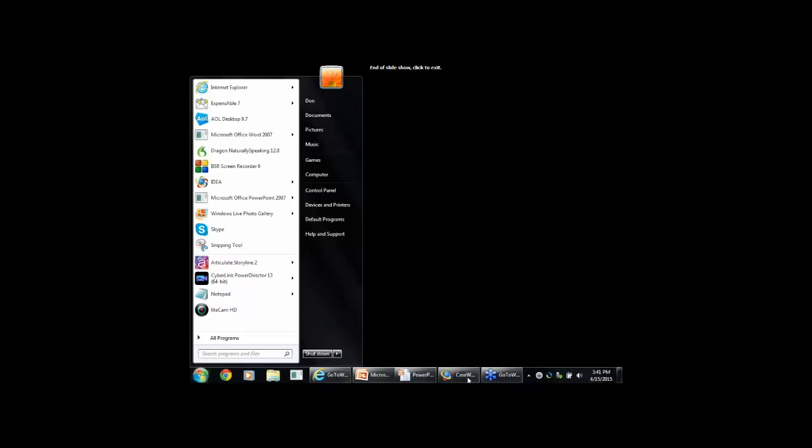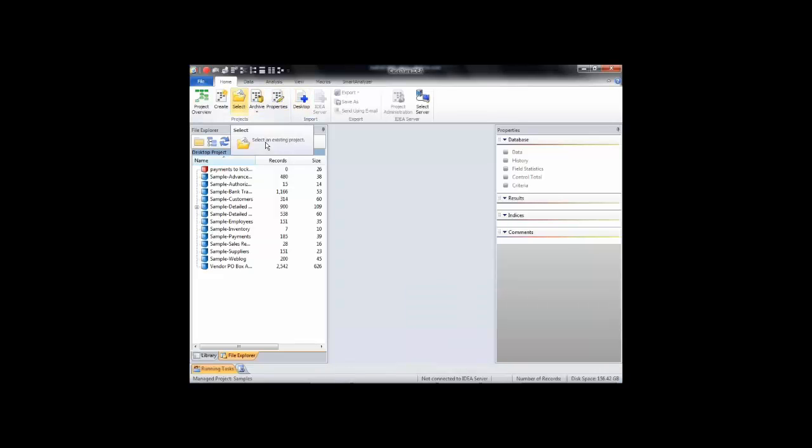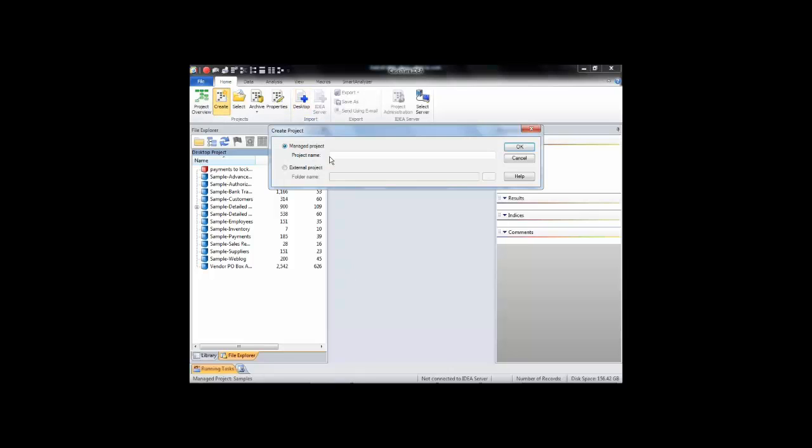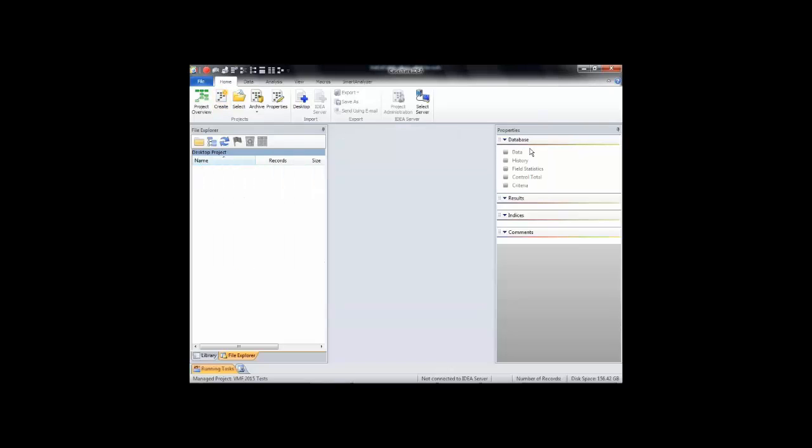So let's open up IDEA. When you first load IDEA, you notice that all the sample data comes up. So the first thing I need to do is create a managed project, because I'm going to let it reside on my hard drive. If I was using a jump drive or a network drive, I would put it under the external, but I'm doing internal. So I've set it up, and I now have a library